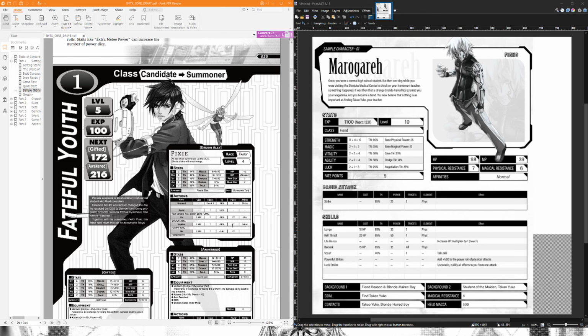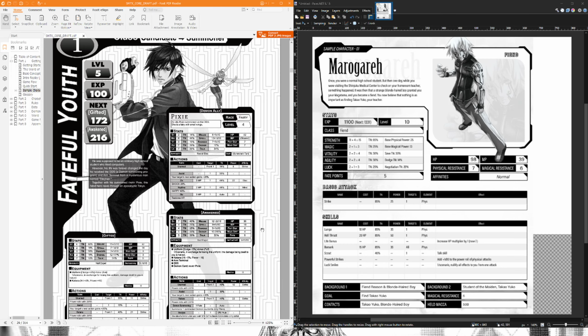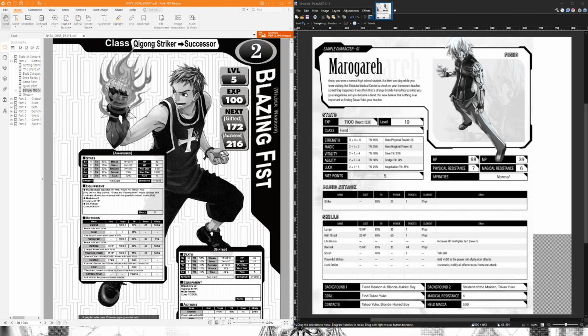In 2000X, the calculation is the demon's level plus their vitality, and that's it, unless they have a passive that increases it further. For humans, they don't add their level. It's just their vitality for both stats. So down here in the awakened stat block, his vitality is 4, so his defense is 4. If he was actually wearing armor that improved his defense, they would be higher. We can actually see that if we go here. On this one, you see in parentheses, so he has 3 vitality, so his base defense is 3, but